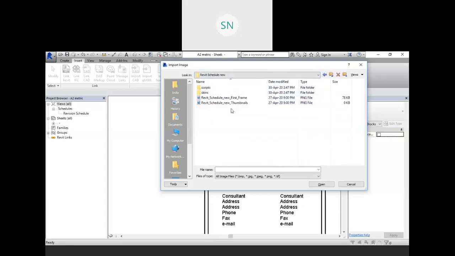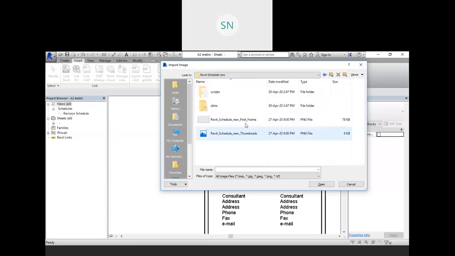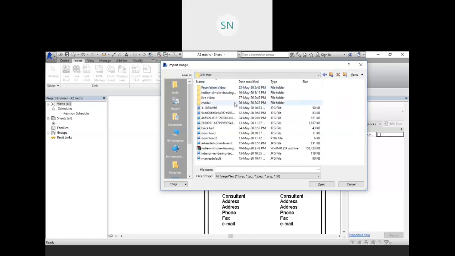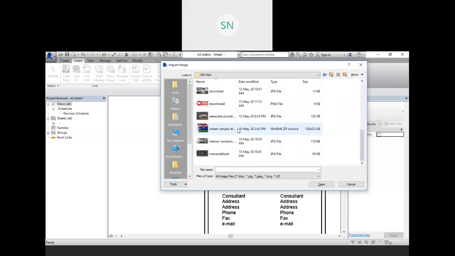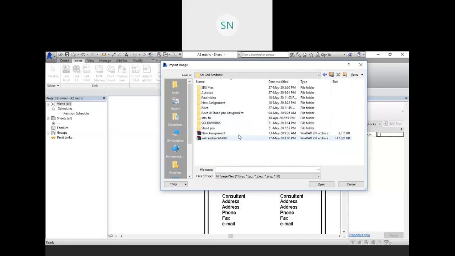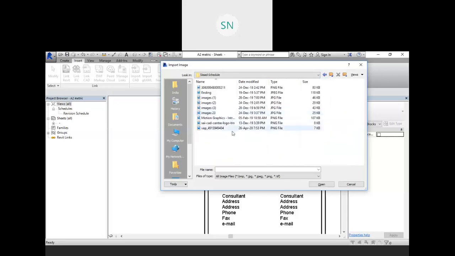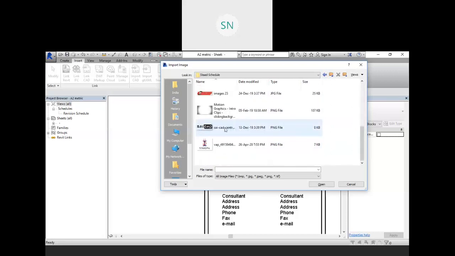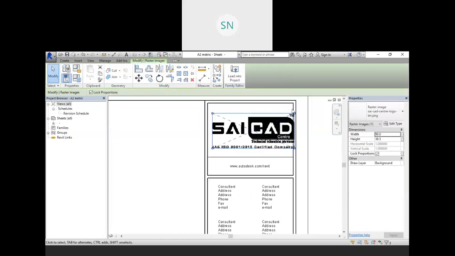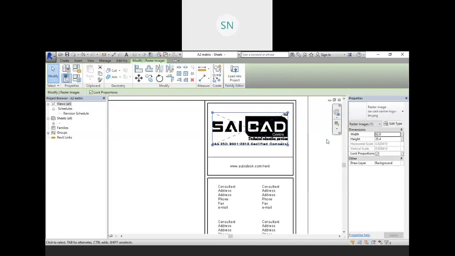Where have I put that logo? Here it is. Click on open and place it, and scale it down a little bit, place it at the center.